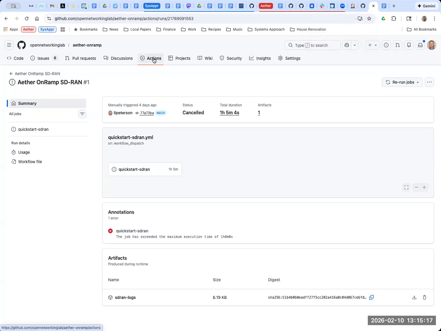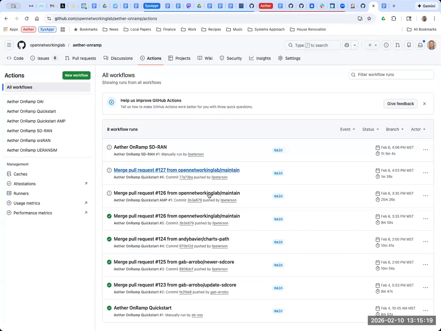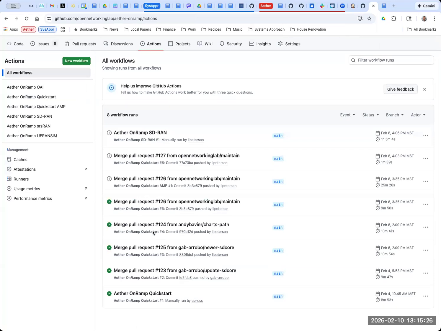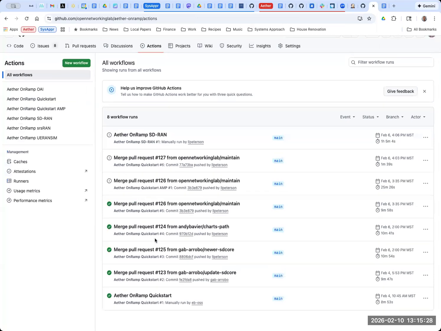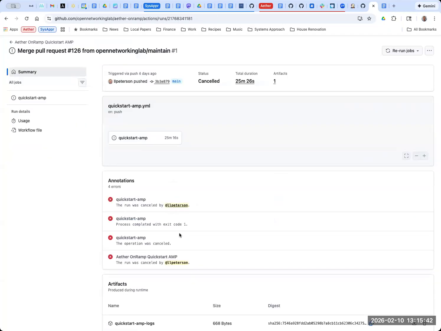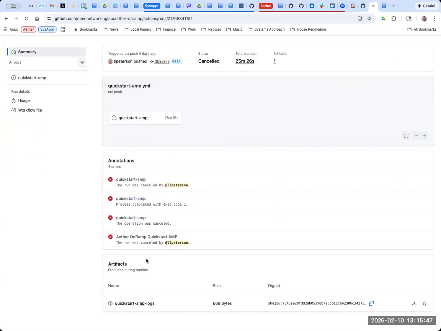Okay. I guess I was hoping there would be more history here. How do I see if I come to here? Yeah, so here's one. I killed this one because it was running forever. But if you look in the trace of it, it had made it past loading the models.